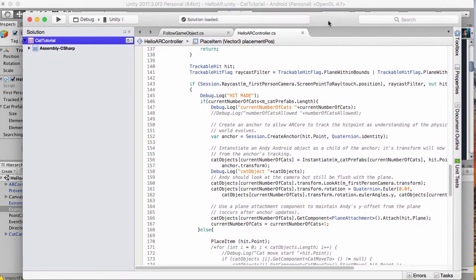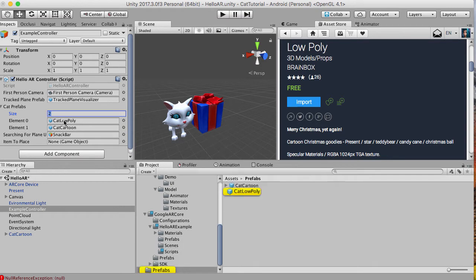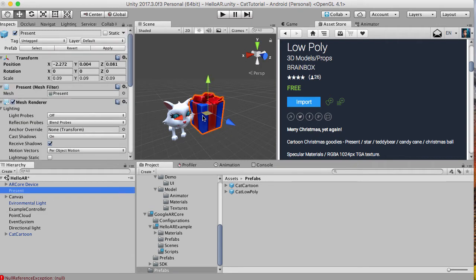So what we also need to do is go back into our Hello AR code, and we want to change it so that we're not placing multiple cats. Well, there's a few things we want to change. So let's change the first cat to be placed down to be the cartoon cat now, rather than the low poly cat. And then we're going to change the size to 1, because we're not going to have 2 cats now, just for this exercise, because I just wanted to create this one cat following item. And then the item to place, we want to put down our presents